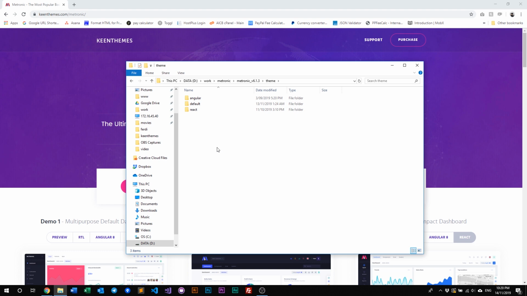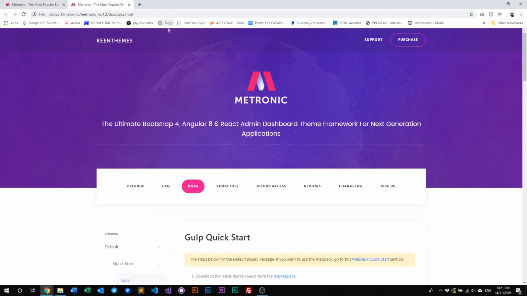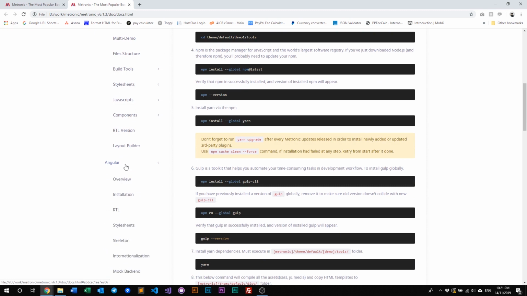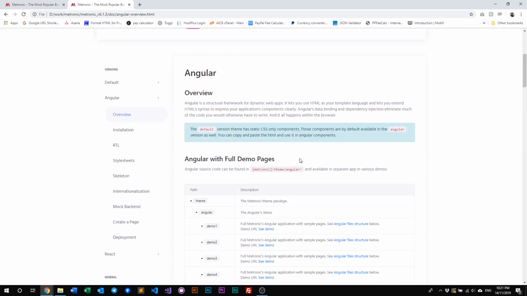So before we get deep into Angular, let's look into our documentation, because our documentation will have all you need to know about Angular. So open a docs folder and go to docs. And in here, you can just go to Angular and click overview. So this documentation here will give you a brief overview on what Angular is and Metronic's